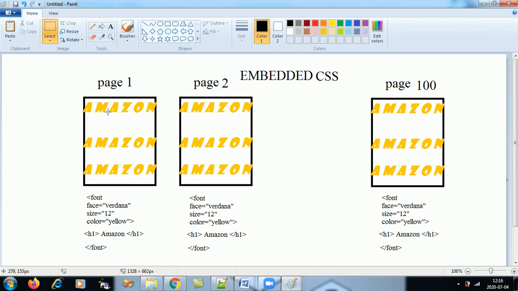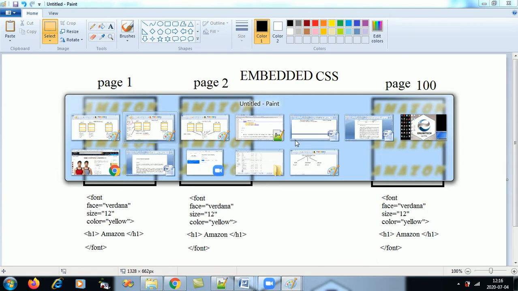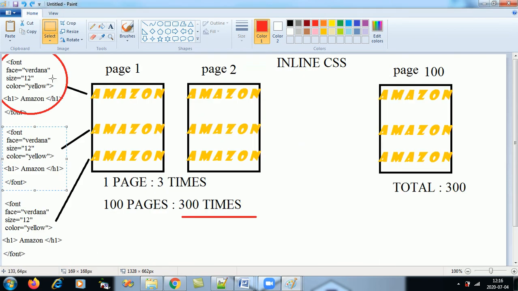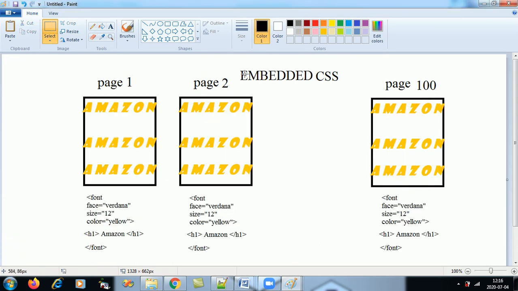In inline we were doing it once for each h1, so h1 was 3 times, we were coding it 3 times. In embedded, you just code it once per page. So I'll just code once for page 1, for page 2, and so on until page 100.